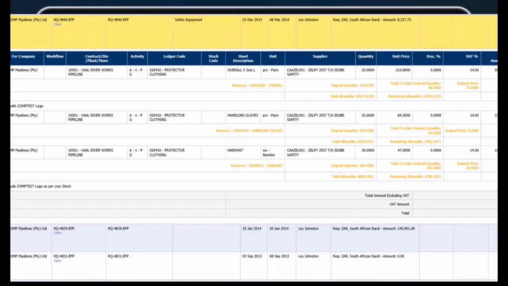You've got a budget of 569. At this stage, within budget, you've purchased 30. And this continues going and continues to grow in quantity as you create requisitions for that particular resource. At some stage, you'll know if you're in budget or out of budget. And you'll also see the quantity available and the rate. You can see your original price, so that was my budgeted rate, and you can see the rate that you're buying it at. And somebody approved this additional rate at a higher expense than what was budgeted. So we already know we're in for a loss on hard hats based on rate.